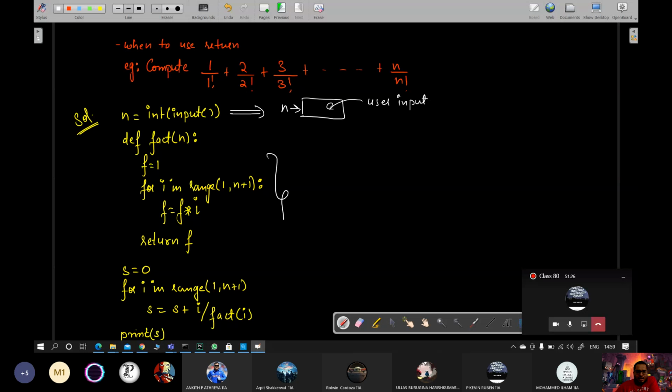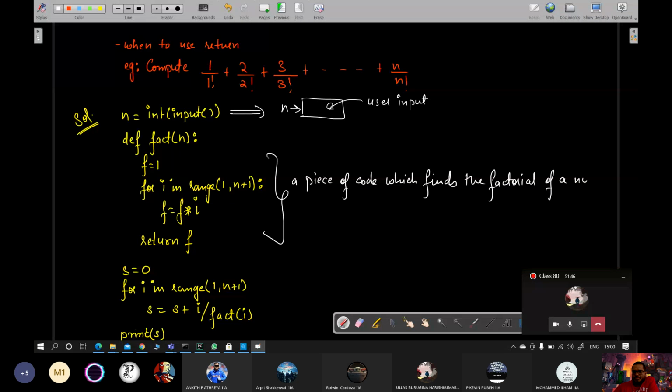Here a piece of code which finds the factorial of a number is given a name, an identifier: fact, which accepts